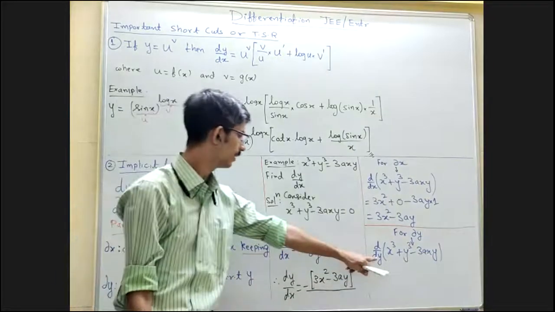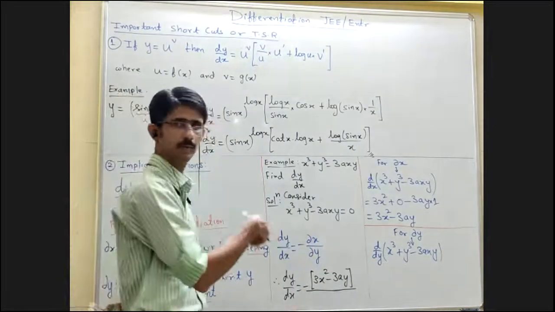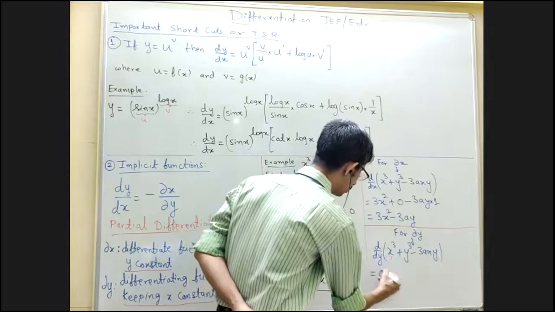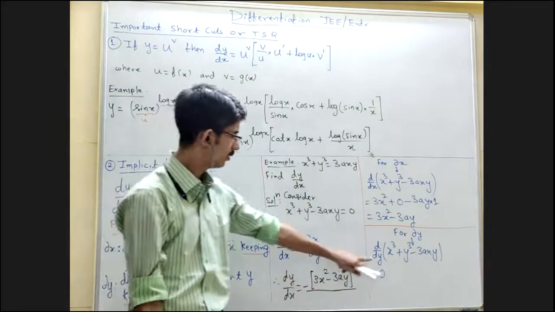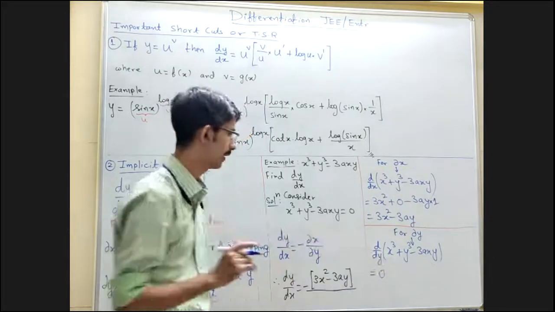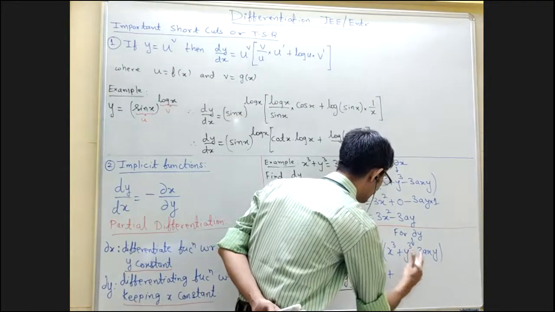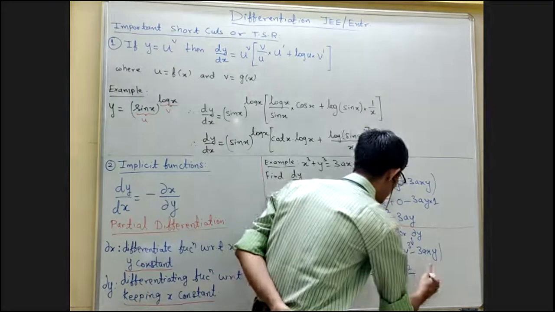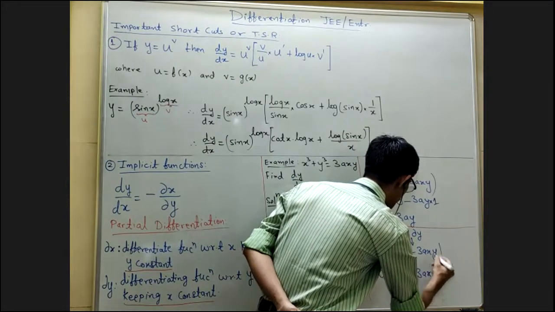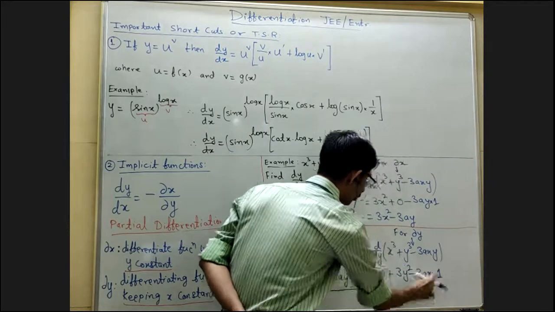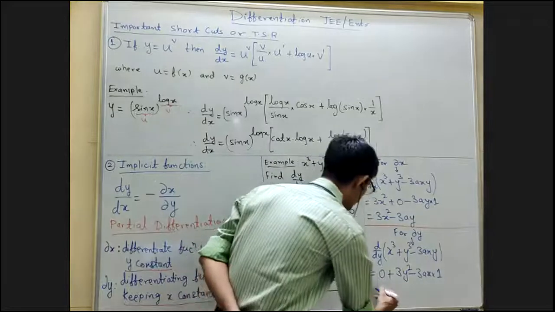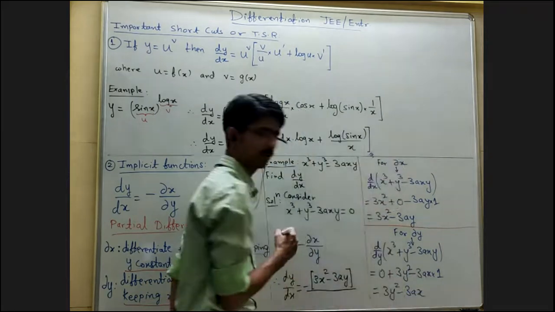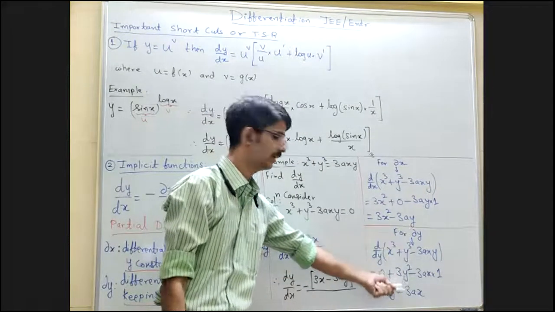तो x cube plus y cube minus 3axy का डेरिवेटिव हमें find करना है, but with respect to y find करना है, और x को हमें constant assume करना है। तो this will be equal to d by dy of x cube। तो x cube का डेरिवेटिव 0 हो जाएगा, y से differentiate कर रहे हैं, x को constant assume करना है, plus y cube का डेरिवेटिव will be nothing but 3y² minus over here 3ax constant है, y का डेरिवेटिव with respect to y is nothing but 1 student. So this is further nothing but equal to what? तो ये क्या हो जाएगा 3y² minus 3ax।